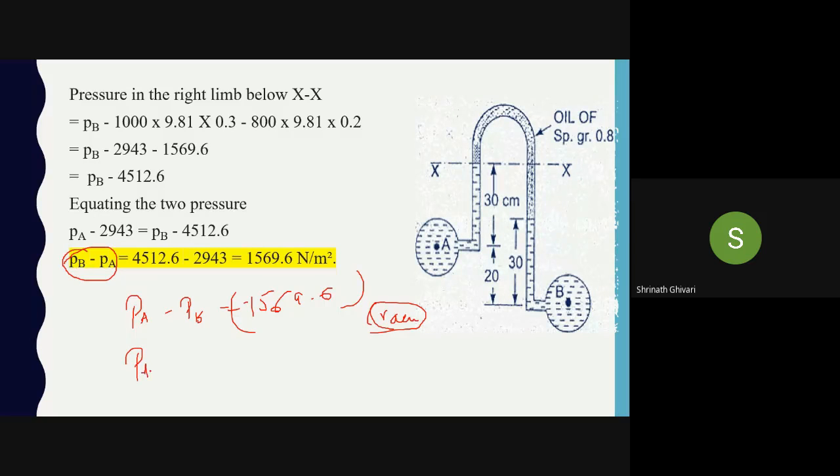Generally, we have seen PA minus PB in the previous problem or in any problem, right, in pressure difference. But if you go like this now, your answer will be negative. This negative sign, PA minus PB, is nothing but he is telling the difference of pressure. So the denotation of difference of pressure is like this. Understand that he has said subtraction; if you say subtraction, it will be directly minus only. But he has said difference, so difference may be PB minus PA or PA minus PB, anything. But as we are getting a negative answer, we are not accepting PA minus PB. We are going for PB minus PA. Understood?